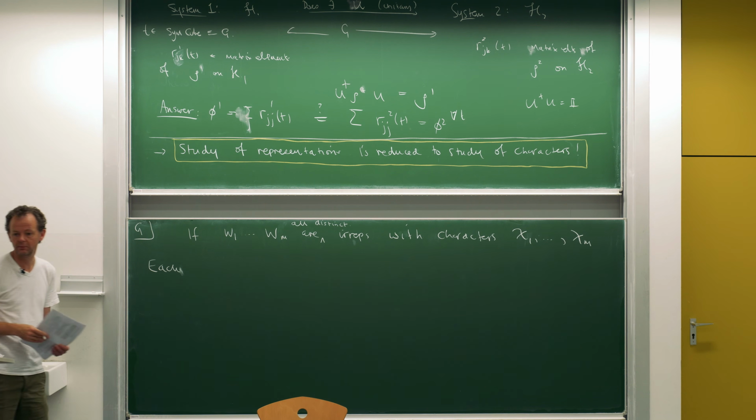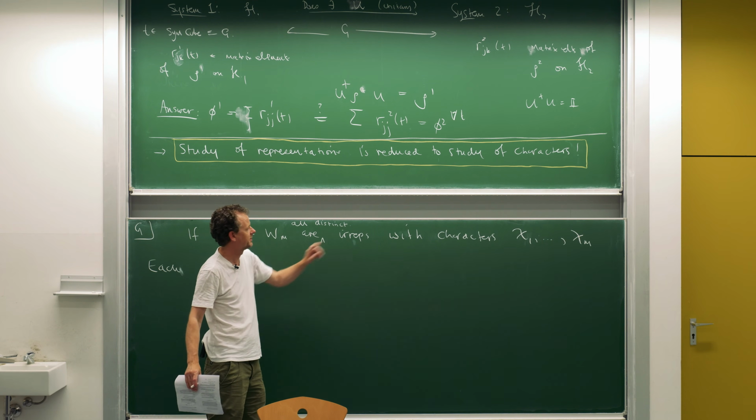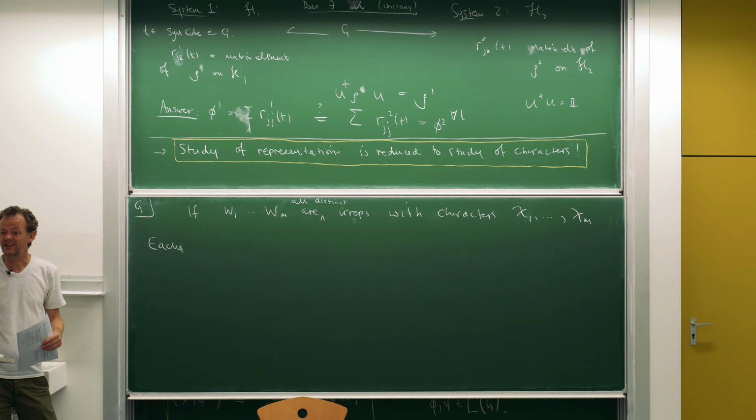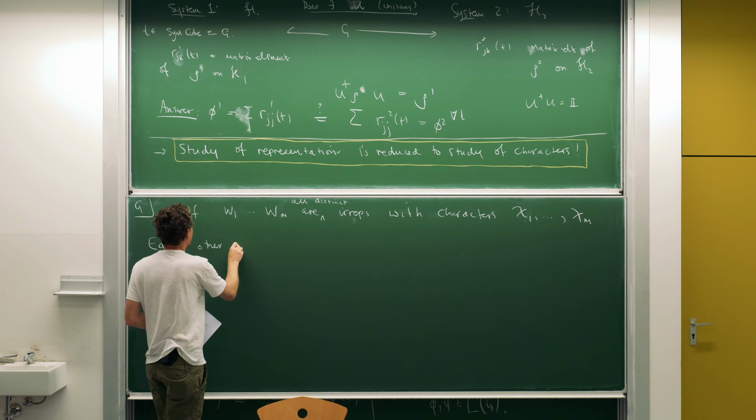So we have a group in mind, and we somehow now have all the distinct irreducible representations. There are the characters. What does it mean if you have all? It means that every other representation you build